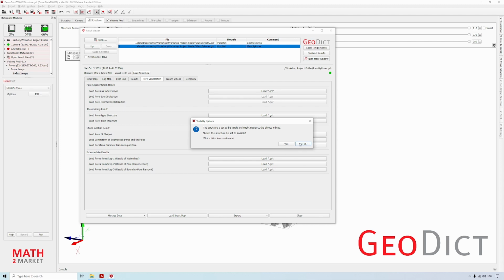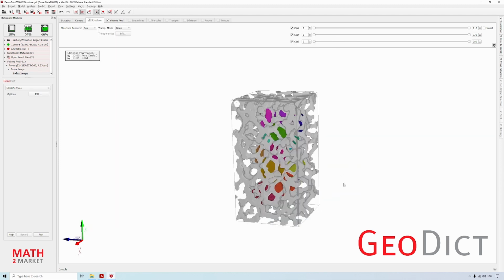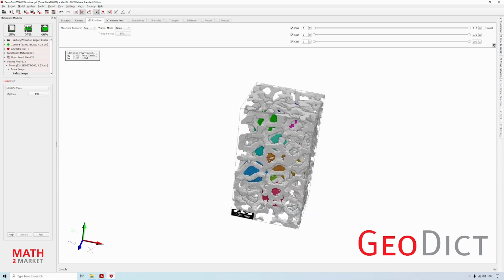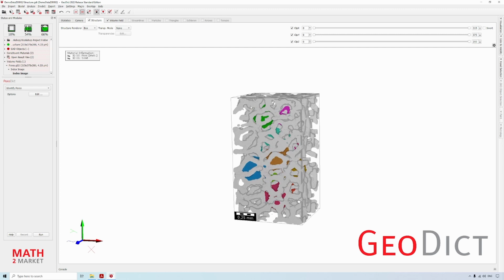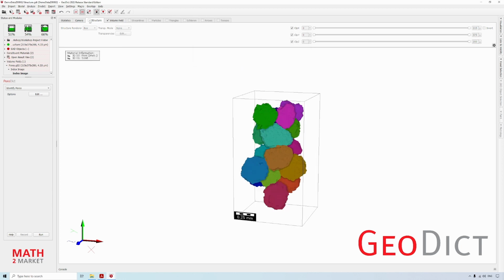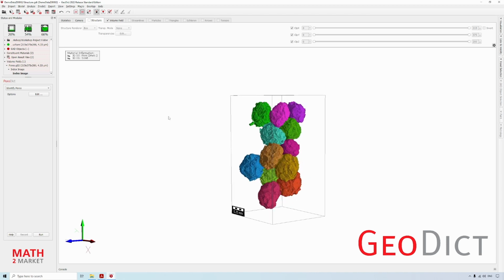Here we select No, because we would like to see the pores inside of the structure. We can see that the identified pores do not touch the boundary because we selected to remove the boundary pores. If you click on this checkbox here at the top, you disable the view of the structure, and we can look at the pores.